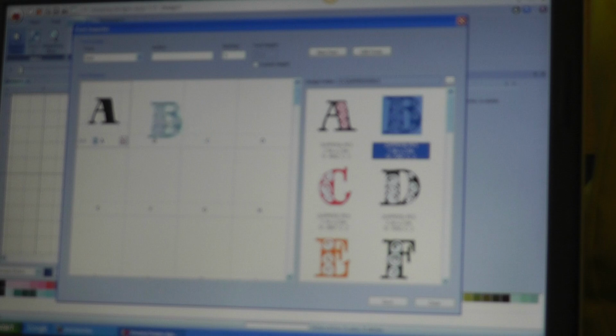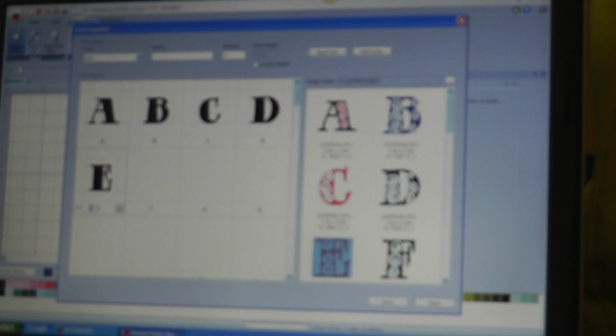This letter will be set as your reference letter. So I'm going to do yes. Okay. So then you're just going to bring those in one at a time. It's going to be kind of time-consuming,